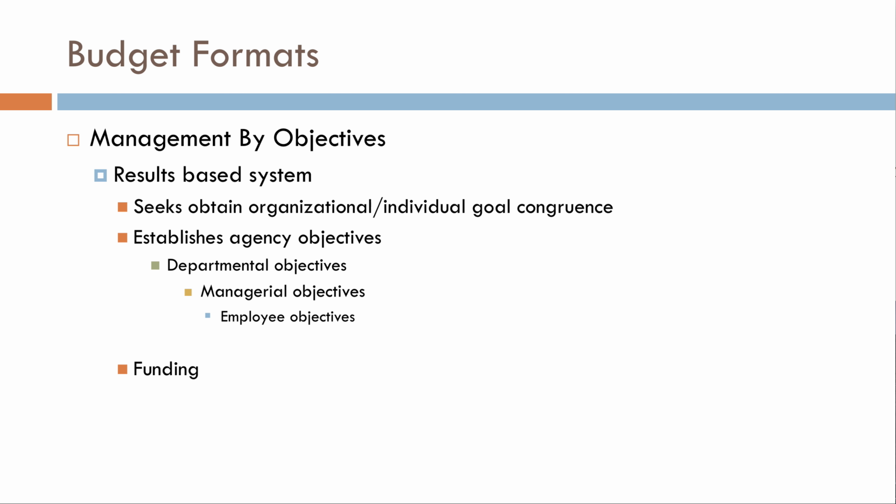And then we also have management by objectives. Okay, now management by objectives is a results oriented type system. Okay, and the main premise here is that you want to know what can you do for the organization, right? Why should the organization invest in a new resource, invest in a new employee? What exactly is the value that the resource or the employee brings to that organization. And that's what management by objectives is really all about. And